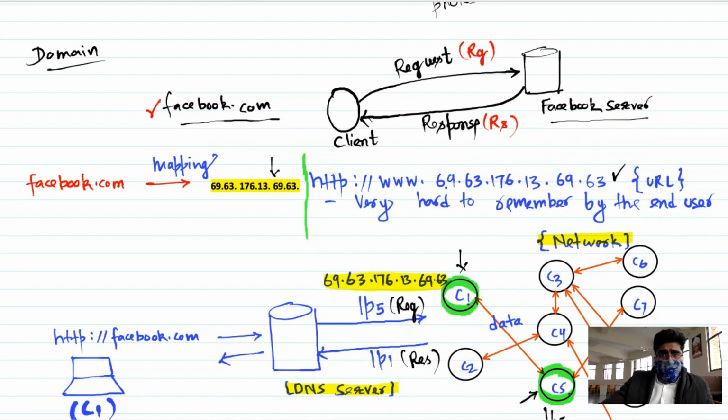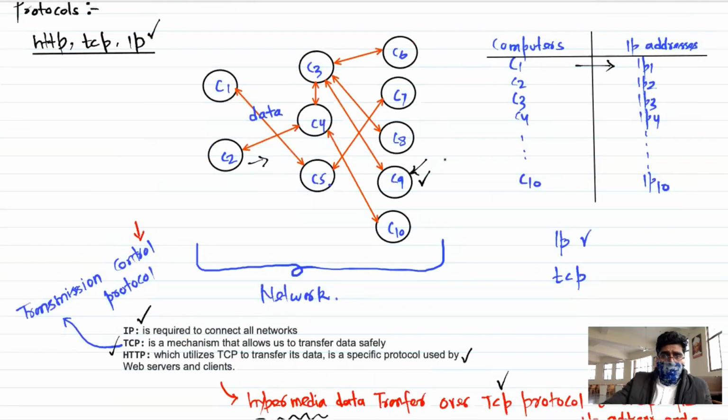But let's understand this: 69.63.176.13, all these digits. It is very hard for the end user to remember. So what would you prefer, to remember this URL or this URL? This URL, definitely, because it is very easy to remember. So the domain name server's job is to map all those difficult IP addresses to a particular domain name. This is the domain name, and this would be unique over this network. So even this facebook.com